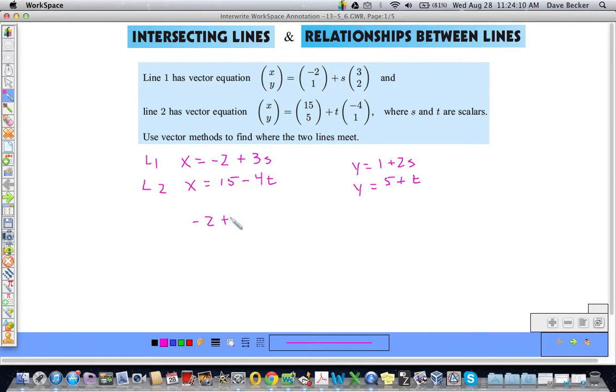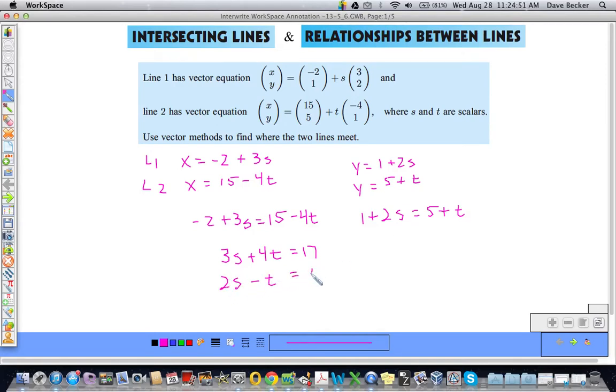And so if we equate the x's, we get this. And if we equate the y's, we get this. 1 plus 2s equals 5 plus t. And then if we do some algebraic manipulation, I'll move the 4t, so I'm going to have 3s plus 4t is equal to 17. And then here I will have 2s minus t